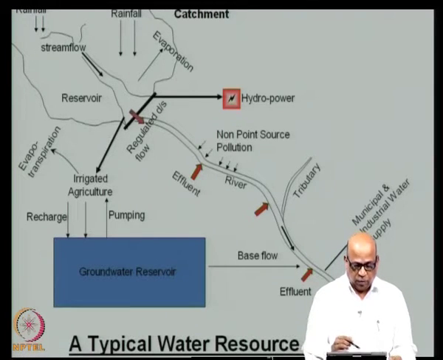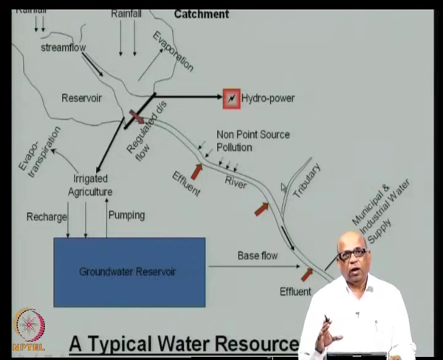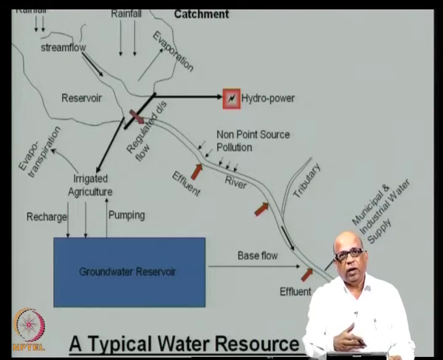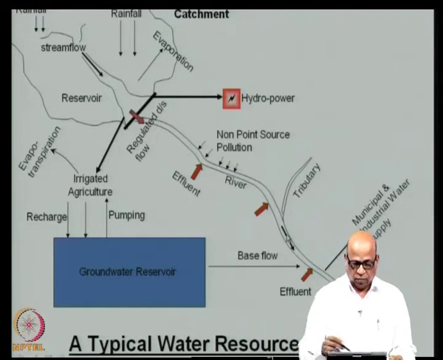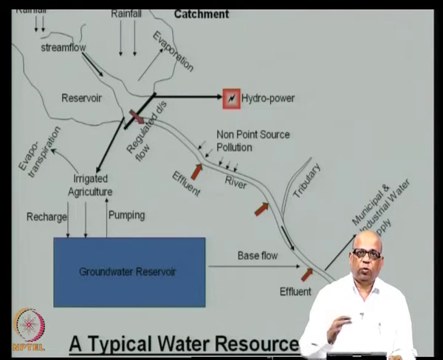The essential difference between the point source and the non-point source pollution is that this can be controlled. You can have a treatment plant and control this, and these can also be estimated fairly accurately, whereas the non-point source pollution in general cannot be controlled because you do not know exactly where it is coming from, and then it is adding all through the length of the stream, and also many times it is very difficult to identify the source of the non-point source pollution itself. It may have arisen because of different sources, as I just mentioned.